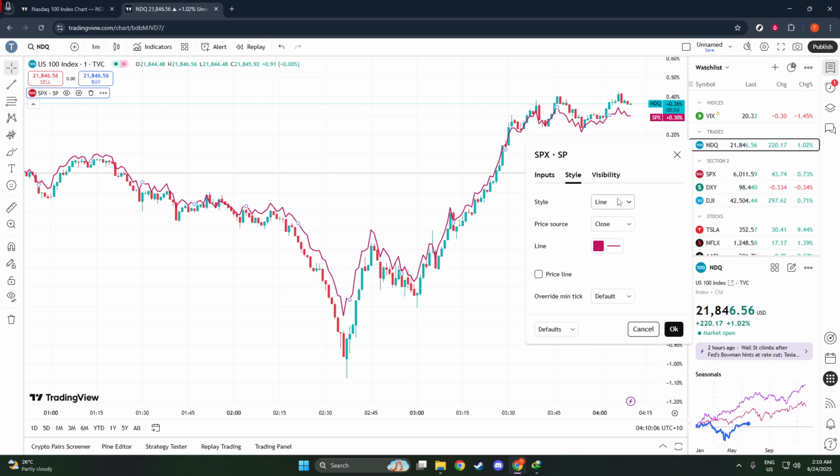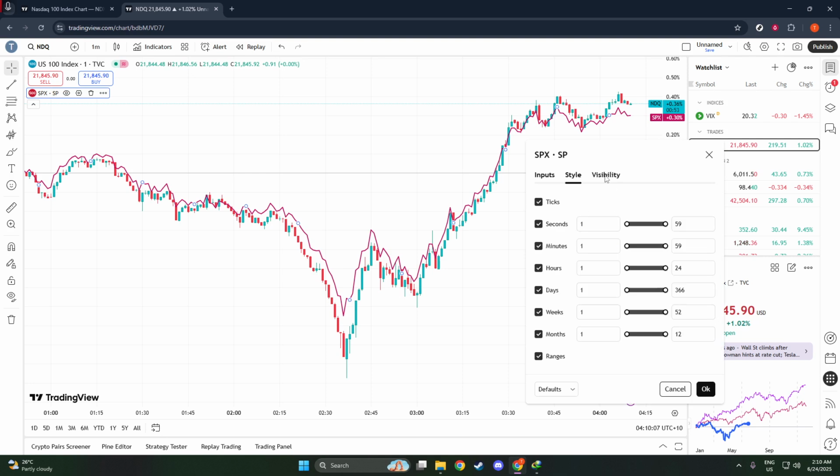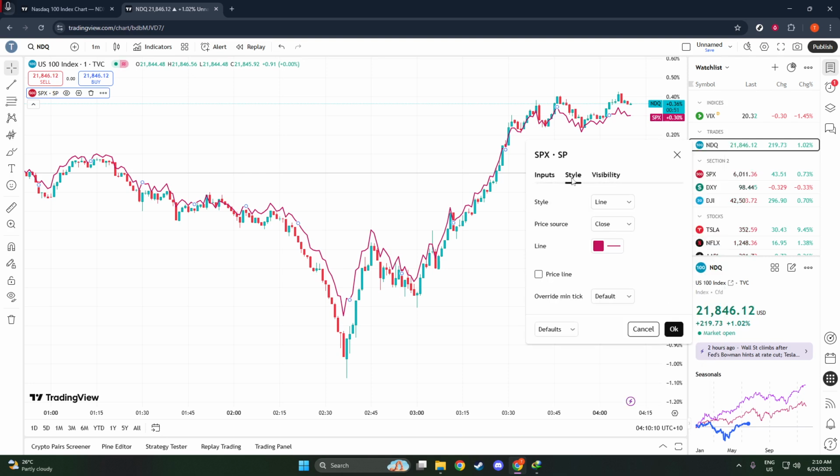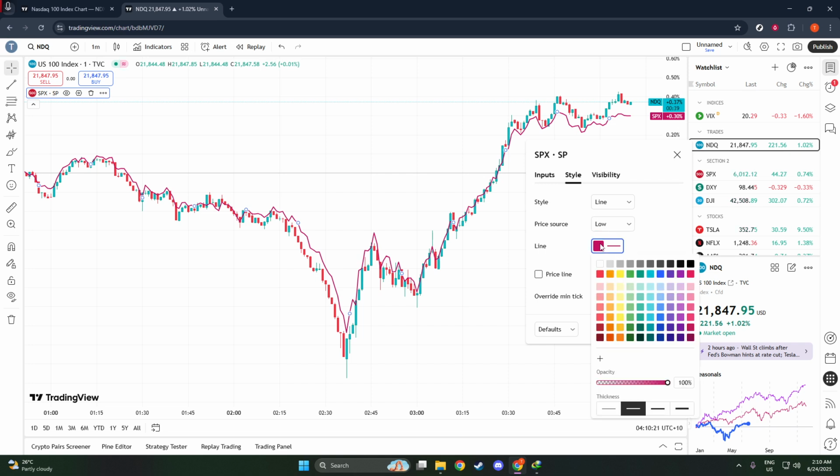The first option is Same Percent Scale. This aligns both symbols as normalized 100% baselines. What this means is that both charts will start at the same point, allowing you to see percentage changes over time rather than absolute price movements. This option is particularly useful if you're interested in comparing how different instruments have performed relative to each other. It's often used when both symbols are within the same asset class or sector, providing clarity on outperformers or laggards